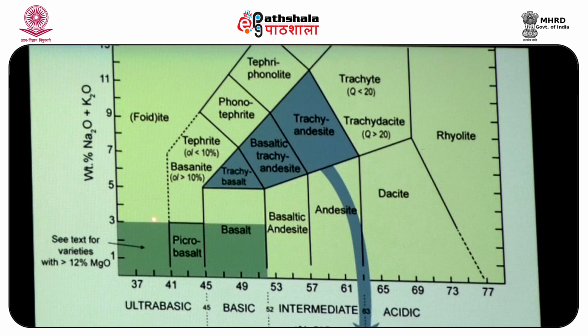If it is less than 3% of Na2O plus K2O and SiO2 from 41 to 45, it is called picrobasalt. If it is the same level of Na2O plus K2O, but it has more SiO2, from 45 to 52, it is